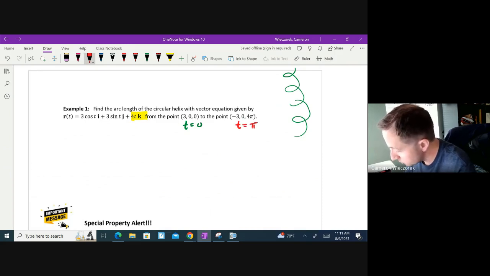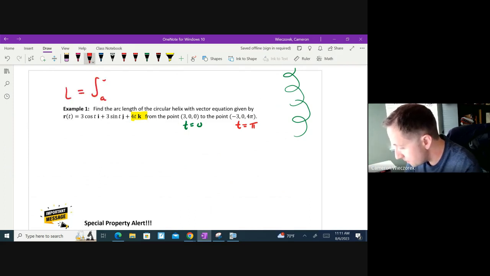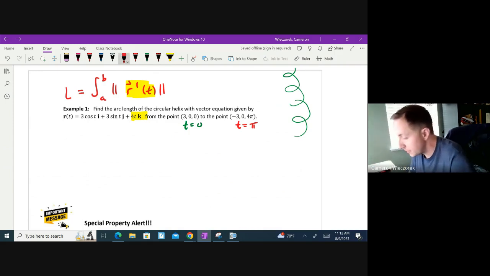Okay. I also know that, if I'm going to write my little formula off to the side, I need the arc length to be the integral from a to b of the magnitude of r prime of t. Oftentimes I see students take the magnitude of r of t. That's not correct because we need to integrate speed in order to get total distance. We don't want to integrate position. So I need to take the